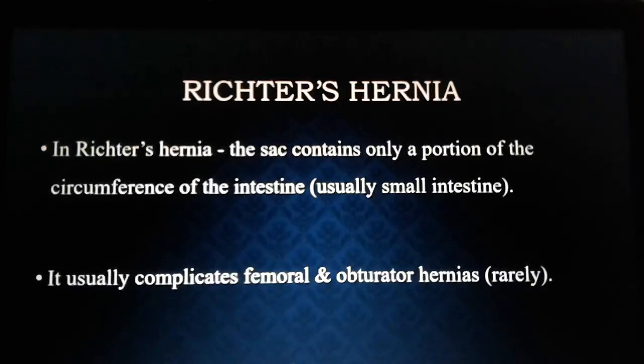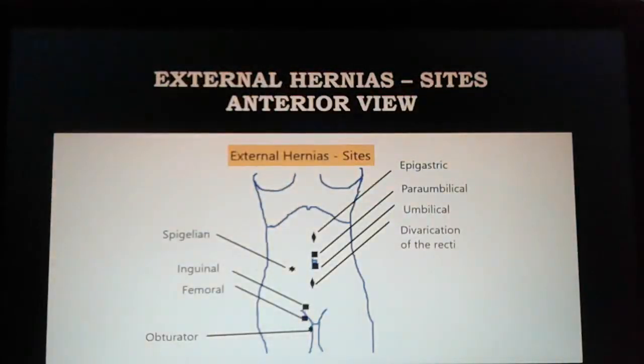the surprisingly important point is that it is usually misdiagnosed. Any patient presenting with a strangulated Richter's hernia is usually misdiagnosed. And why is it misdiagnosed? Because the symptoms mimic gastroenteritis. So this is one of the differential diagnoses of strangulated Richter's hernia, gastroenteritis. And that's why in these types of patients, the operation is frequently delayed.